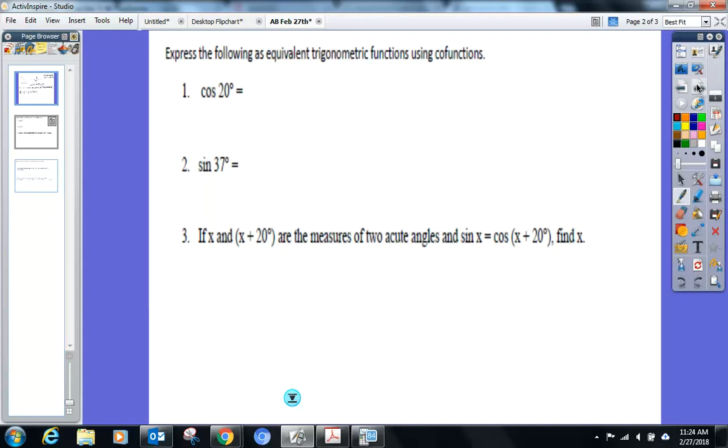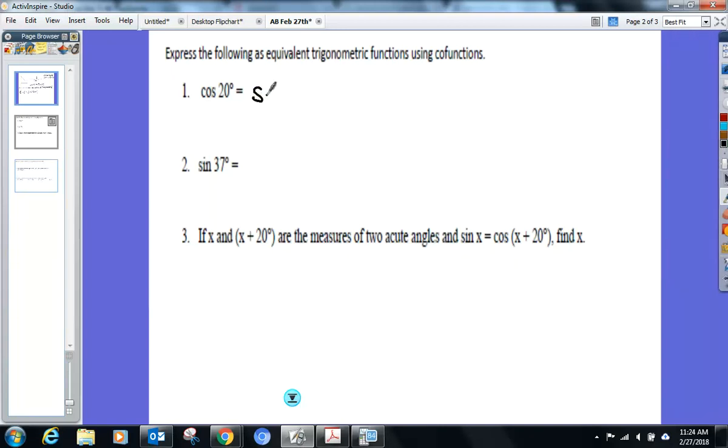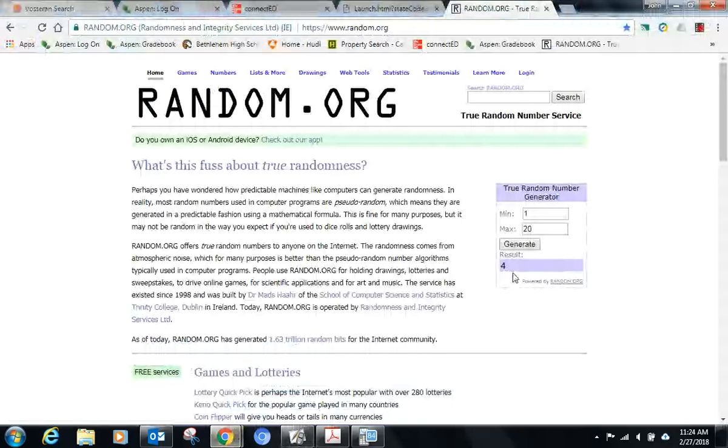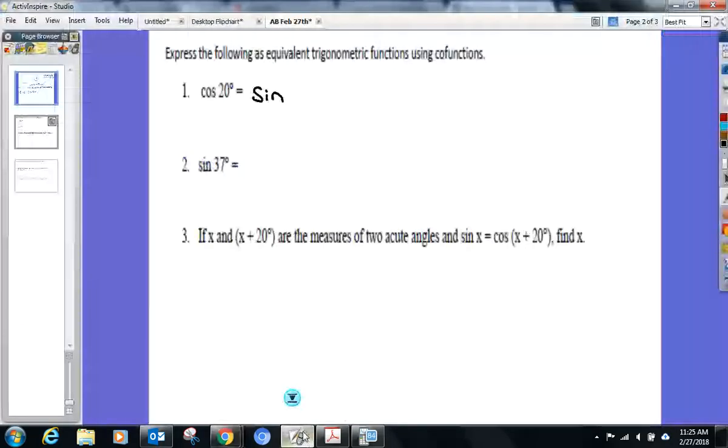Rewrite each of these using cofunctions. So the cosine of 20 will be the same as blank. Don't yell anything out. Cosine's cofunction is sine. It's not equal to the sine of 20. When are sine and cosine equal? When they're complementary, so it'll be equal to sine of 70. Okay. Sine of 37 is the same value as the cosine of